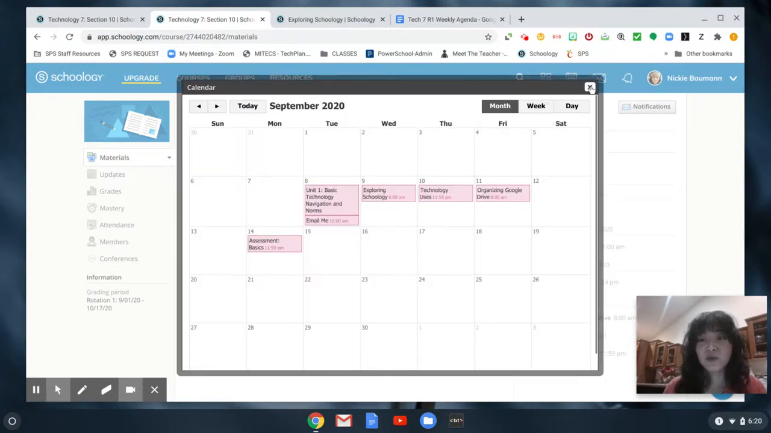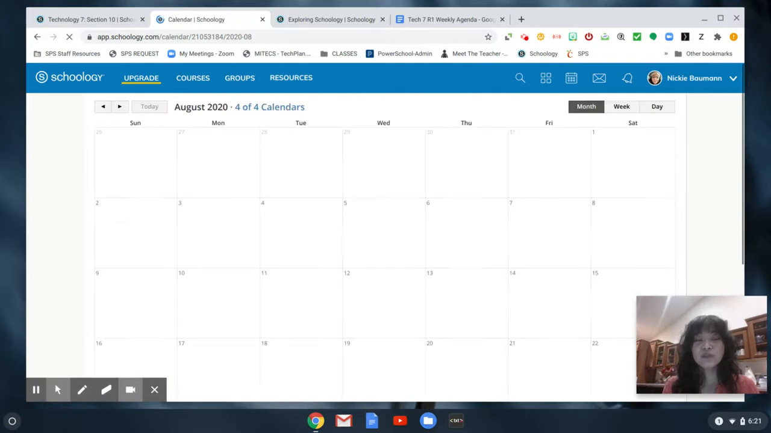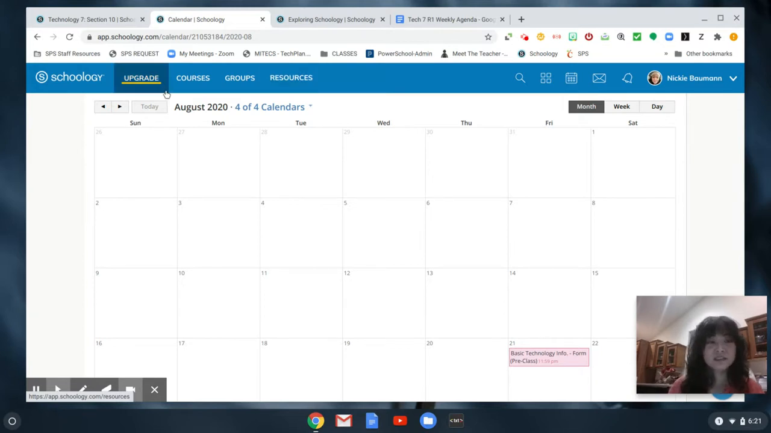Another thing that you might want to take a look at or notice up at the top here on your menu bar, there's multiple things: courses, groups that you might be associated with, resources. But one thing that I like to point out as well is there's also a calendar icon at the top. If you click on that, it will go to all of your calendars. It will usually default to all calendars, and it shows things that are due or assignments that have been posted for all your courses